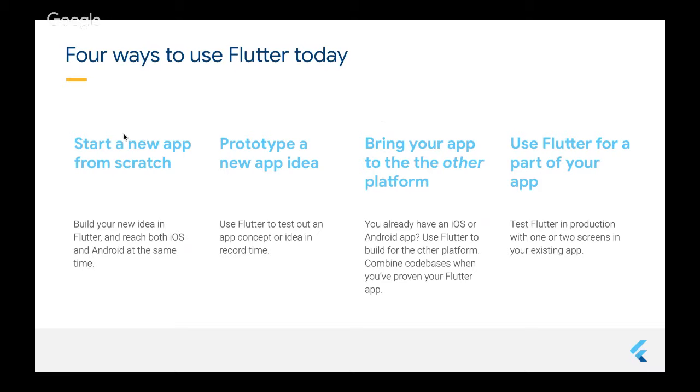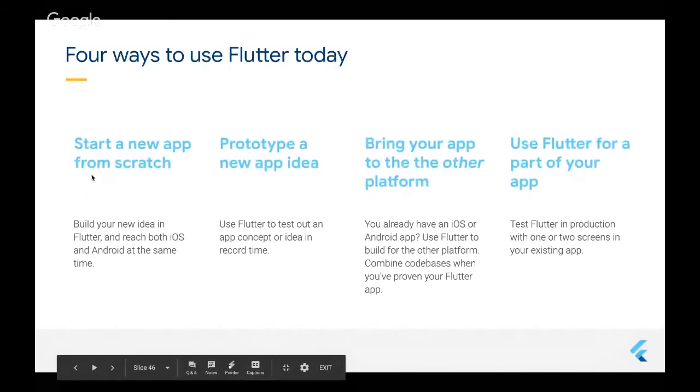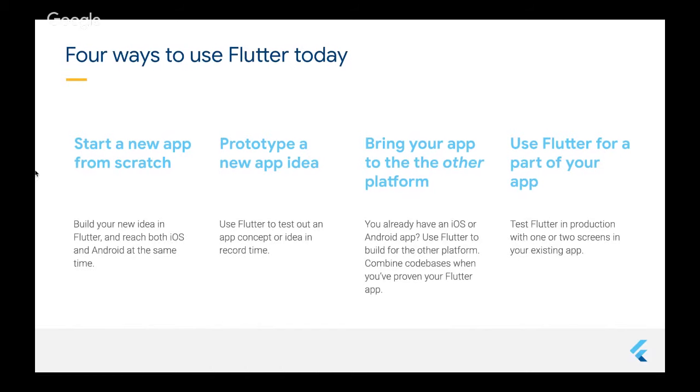If you want to start building your application now, there are 3 or 4 ways to do that. Start a new application from scratch using Flutter, or if you have already made a project where you used Java or Kotlin to build your native application, you can use Flutter inside your native application. And at the same time, if you are writing from scratch, you can write native code inside Flutter, and we will talk more about it, inshallah ta'ala, when you are writing real code in the next section of our study jam. Prototyping. If you want to prototype an idea and build a user interface quickly, Flutter will be very good for you.